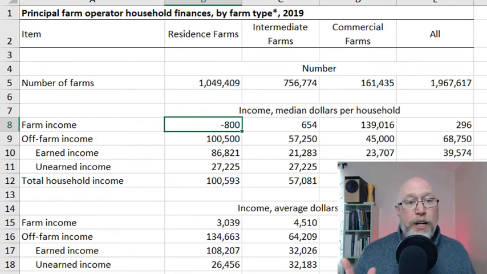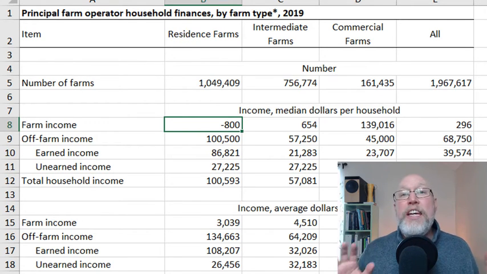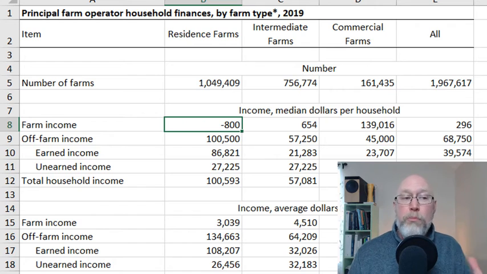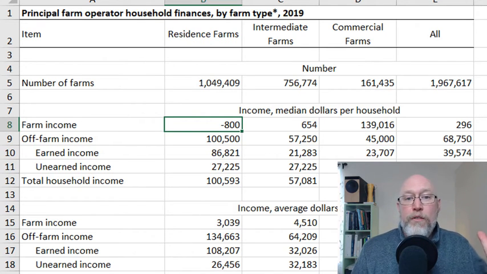And on this same website, you've got some historical data. You can go and pull this up, and I can assure you that this is a historical trend. This small category, where the farms are small, always just barely loses money, not quite breaks even. These farms, half of them lose money.